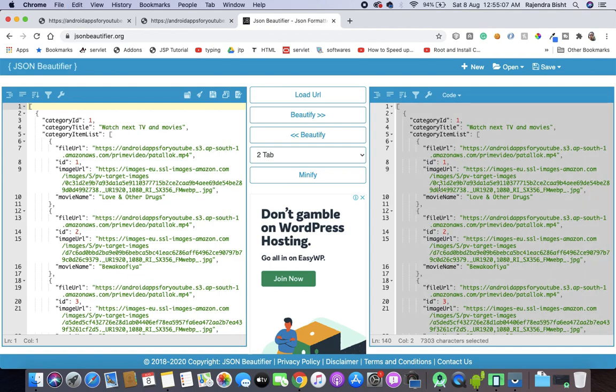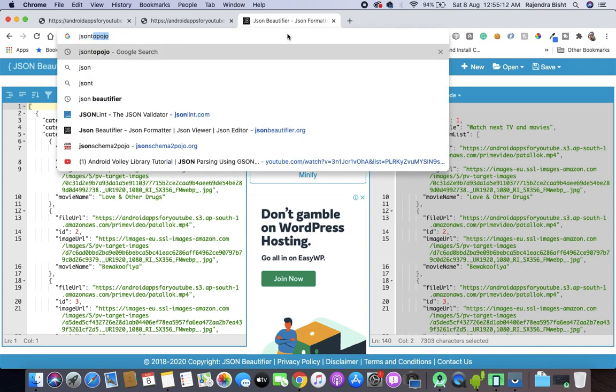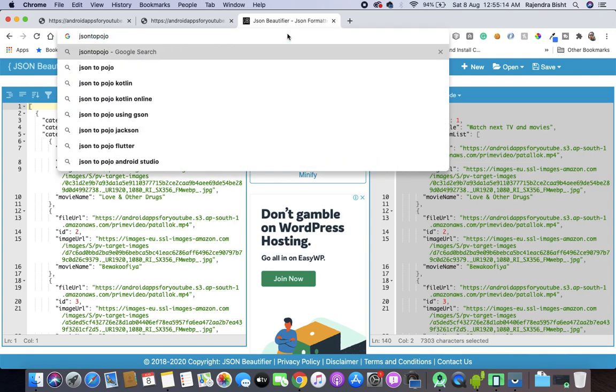Just Control A and Control C. Now there is a website which is called JSON to POJO.